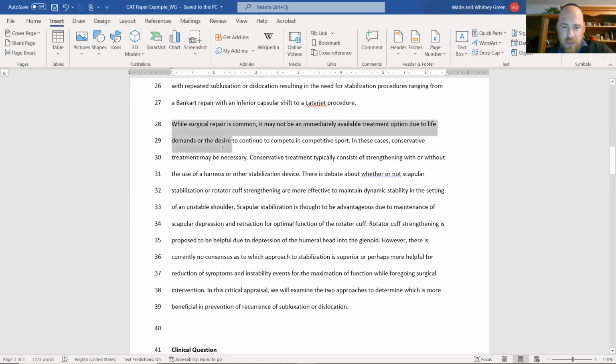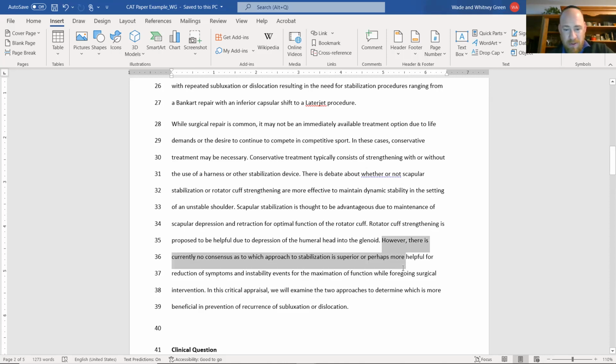And so ultimately, in doing so, there's a question that we develop: well, what type of exercise is best? Do we just look at scapular stabilization or really just rotator cuff strengthening? Okay, if you guys can't already tell, I clearly just made this question up for the sake of illustration. I wanted to make this as easy as possible, okay, to kind of show you what's supposed to go here, okay? Now, so given this information, right, I say at the very end here, however, there is currently no consensus